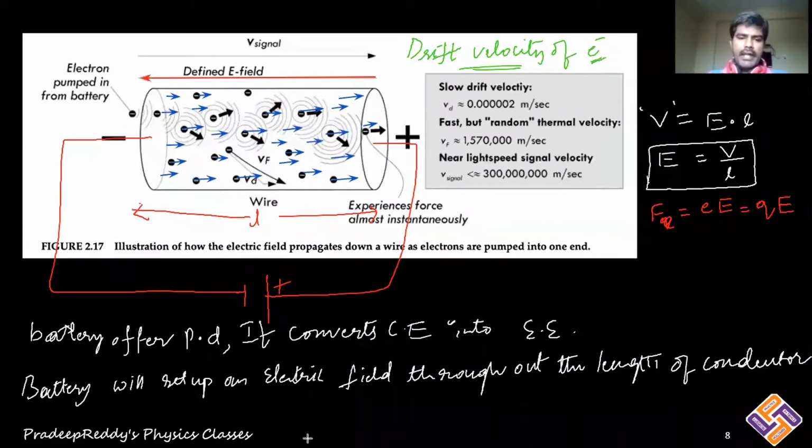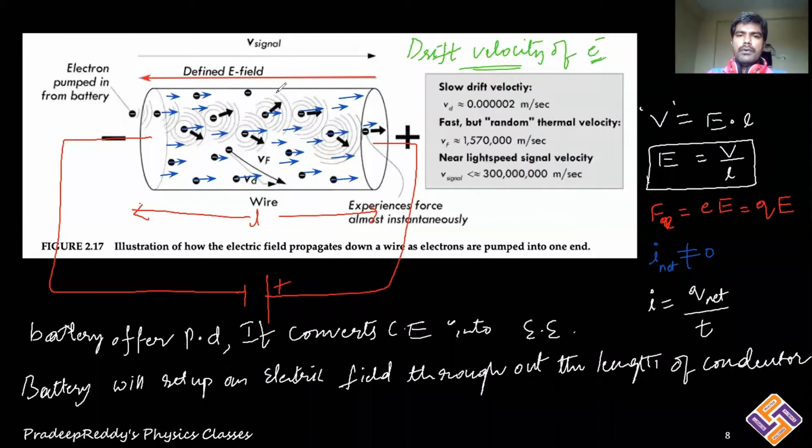Now what would happen, as all the electrons are traveling in the same direction? Therefore I is not equal to 0, net current is not equal to 0 in the conductor, right? And that net current can be calculated as I is equal to Q, the net charge transferred, with respect to time. I is equal to Q by t.